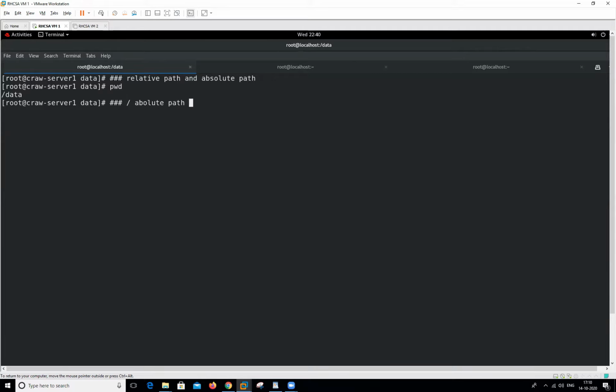And any path that does not start with the slash sign is called a relative path. This path always starts from the working directory.